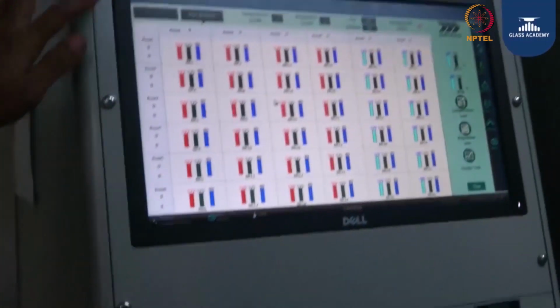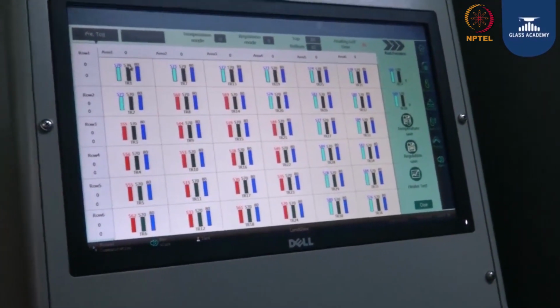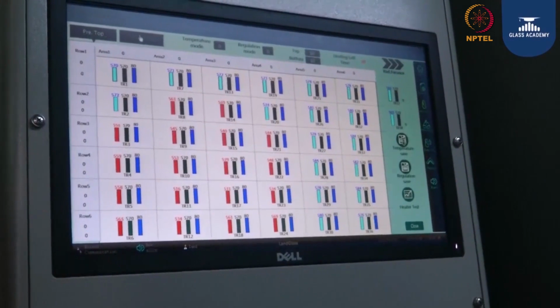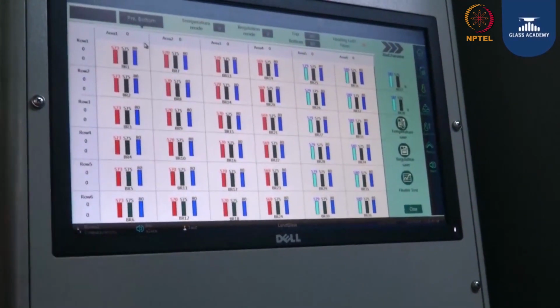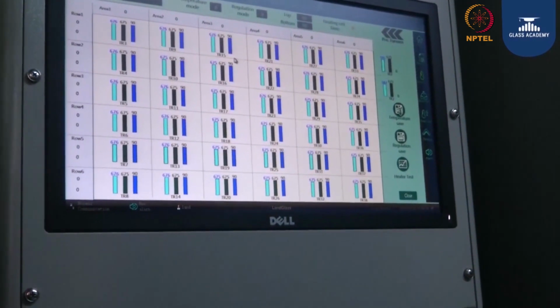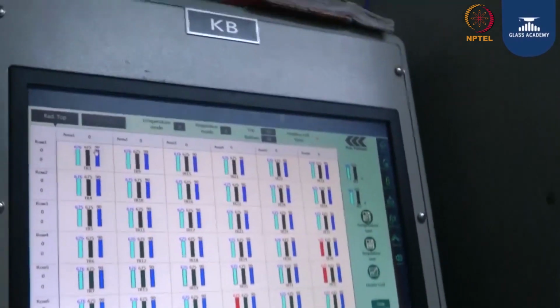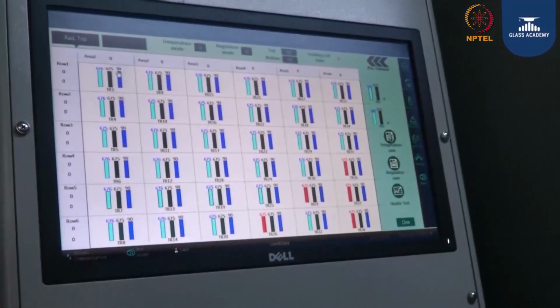Okay. If you see, this talks about the heaters, the top heaters as well as the bottom. This slide shows the top heaters and the next slide shows the bottom heaters. Okay, next. Okay. Next.